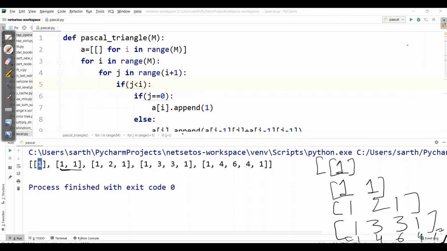And our outer list will be closed. As you can see, we are getting all the j is equal to 0 as 1, and whenever i is equal to j for diagonal elements, it is also 1. So this is how we can write a program on Pascal triangle.